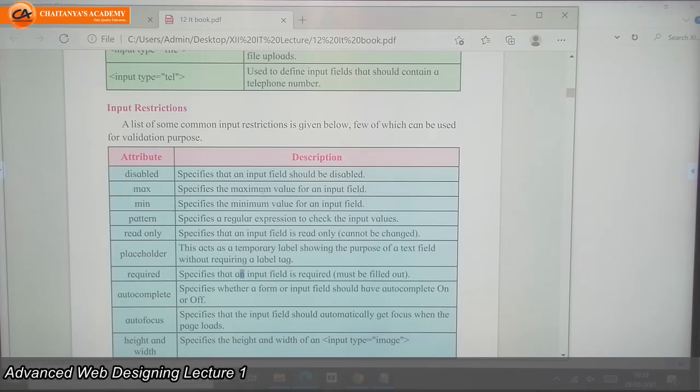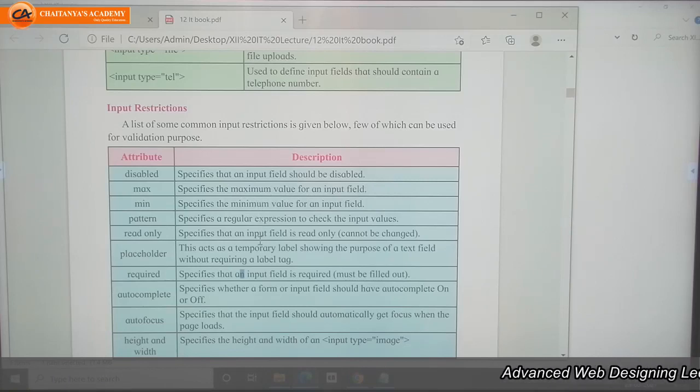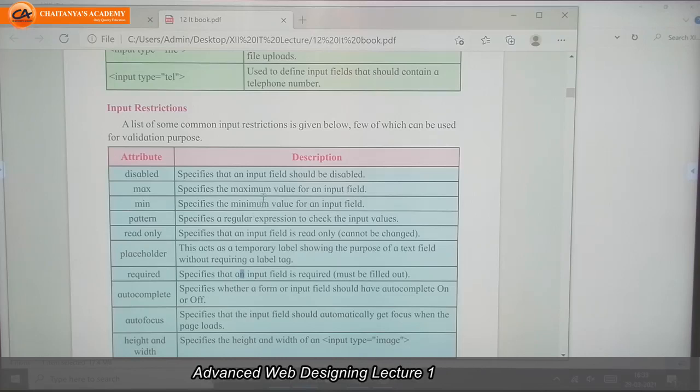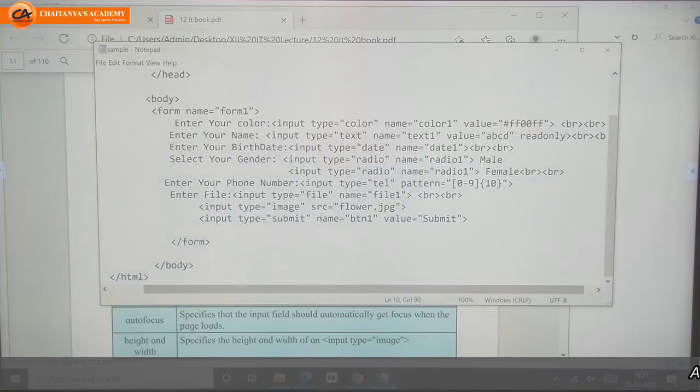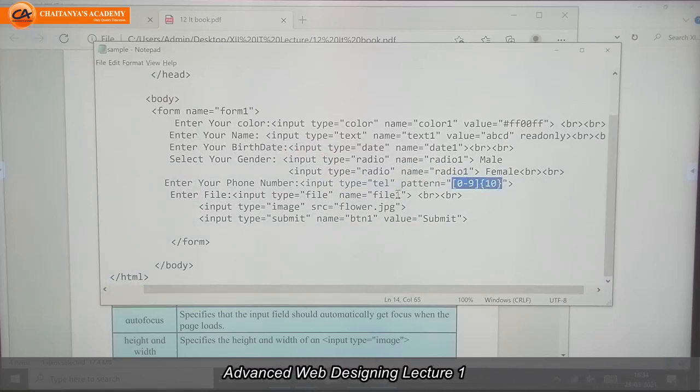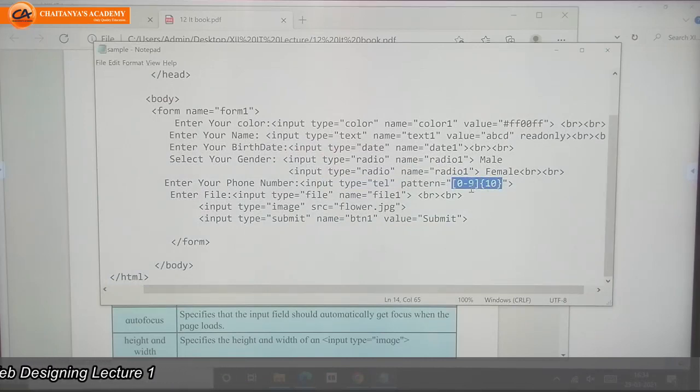If you want to restrict the user to enter 6 letters or 6 characters, or minimum means you should enter 2 letters or 2 characters, then we can use these two attributes. Pattern, we already used this pattern in the phone number here. If you want to allow the user to enter a landline number, whatever pattern we have to write, we write that pattern.